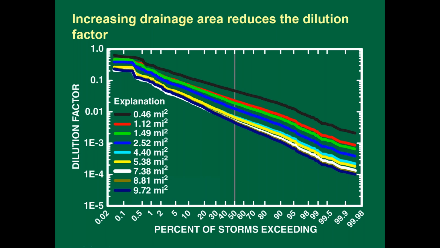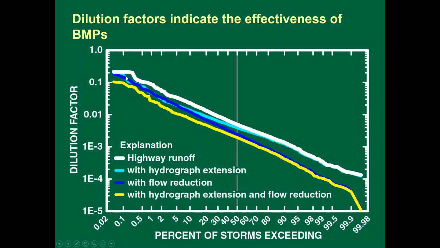So given this, we could see, if we put the highway at each of these crossings, what our population of dilution factors is going to be. In theory, as you move down the basin, you're going to get more dilution. Dilution factor analyses can also indicate the effectiveness of your BMPs. Here we're showing dilution factors on a log scale on the vertical axis, and again, the probability scale. The white line, which is a bunch of points,